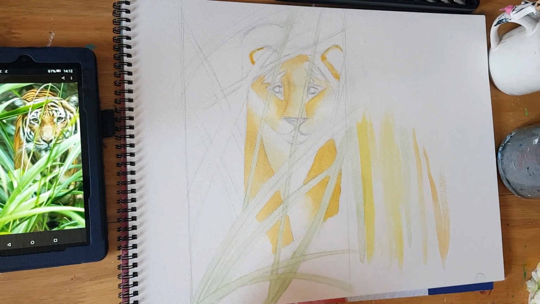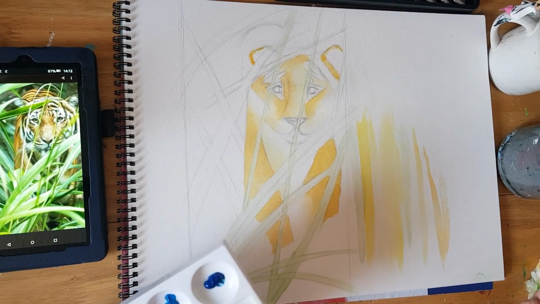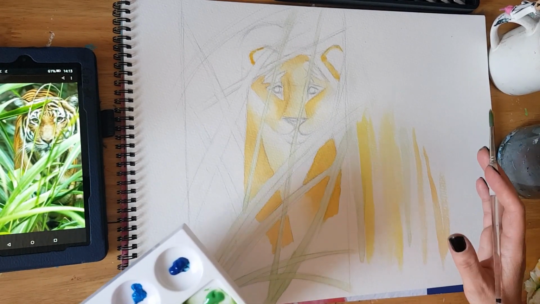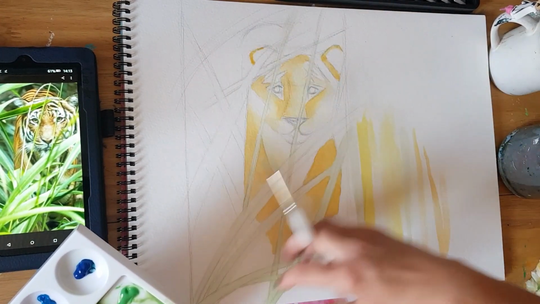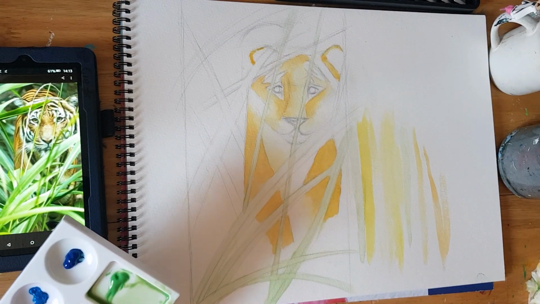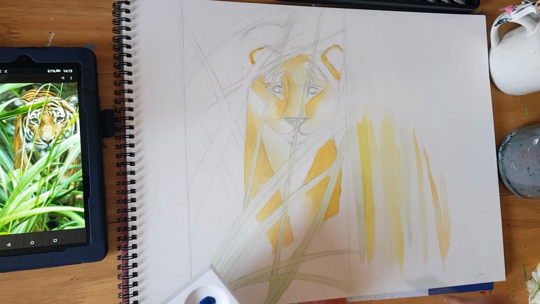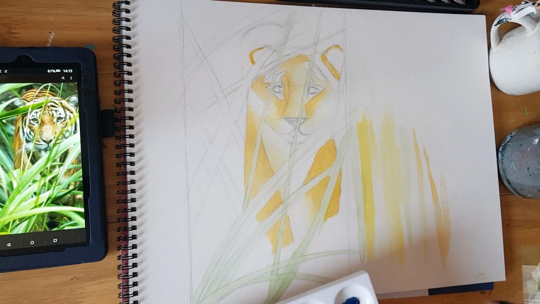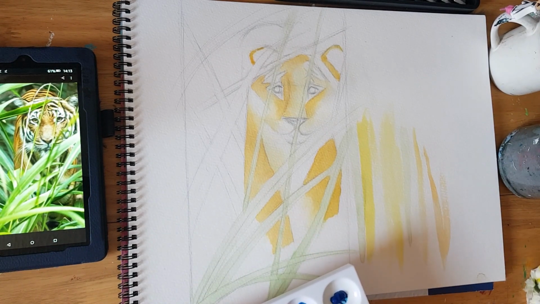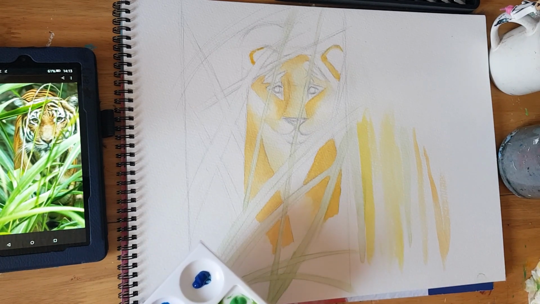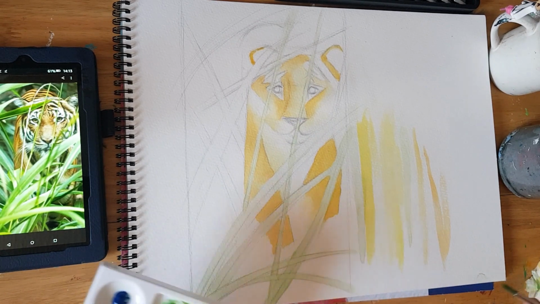Okay, so now I need to let that dry, so I need to work on something that's not in that area, or you walk away and come back later, you know, once this is dried. So I'm going to have a look at the leaves, and some of these leaves I want to have a